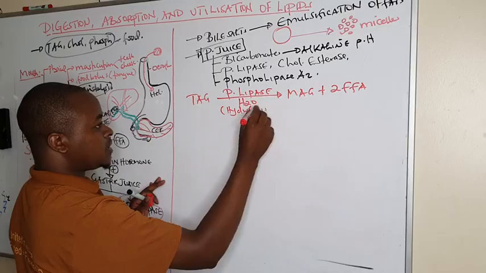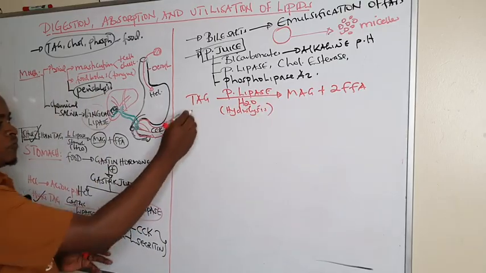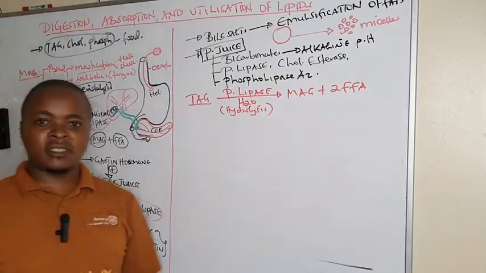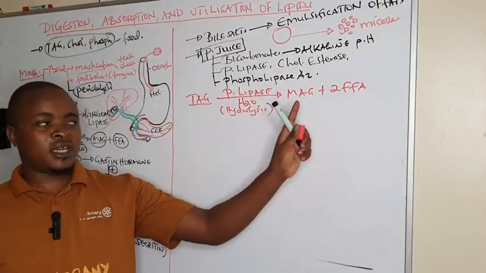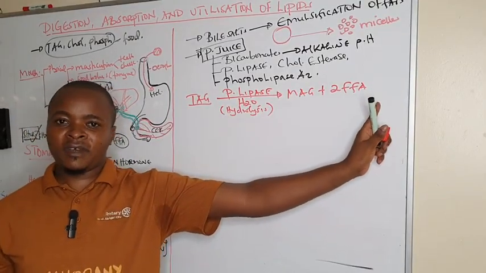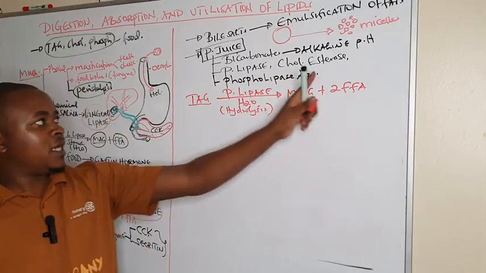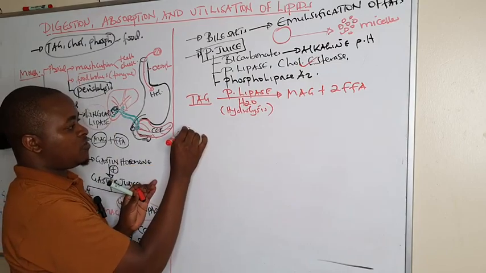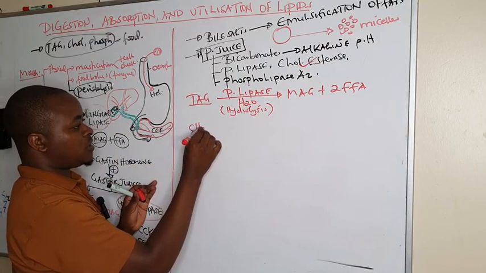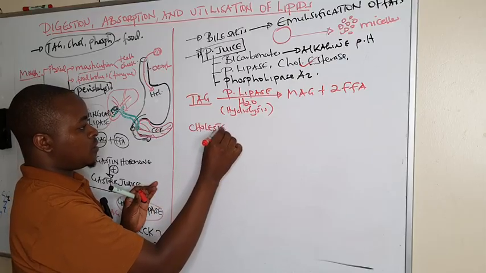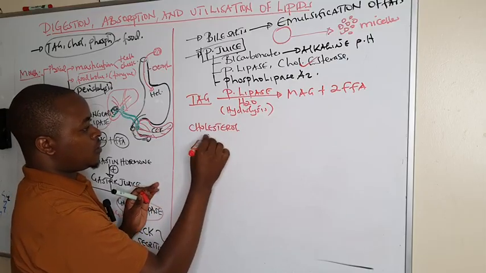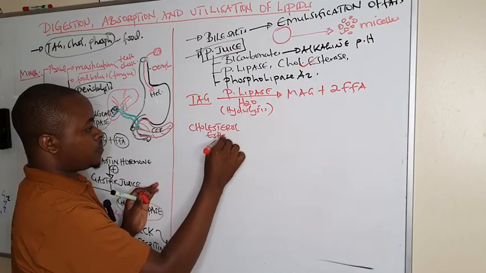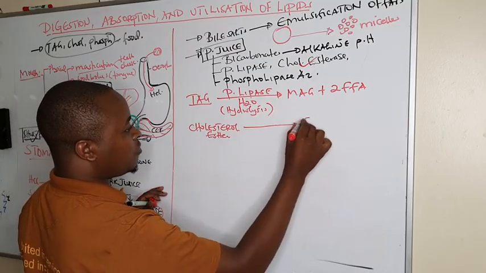It catalyzes the hydrolysis of long chain and short chain TAGs to monoacylglycerol and free fatty acids. Whereas cholesterol esterase catalyzes the hydrolysis of cholesterol esters and converts them into free cholesterol